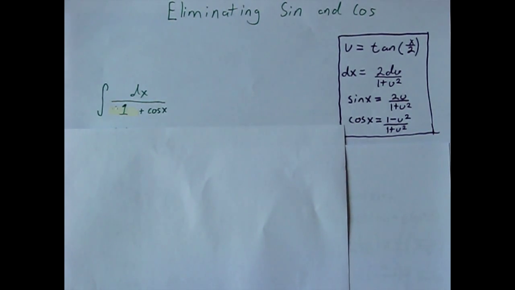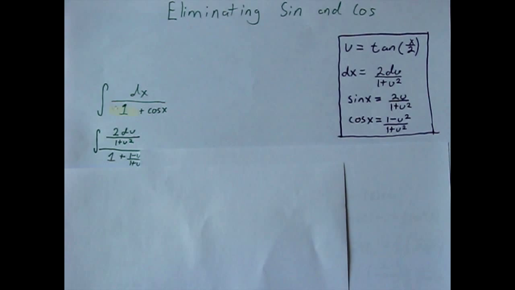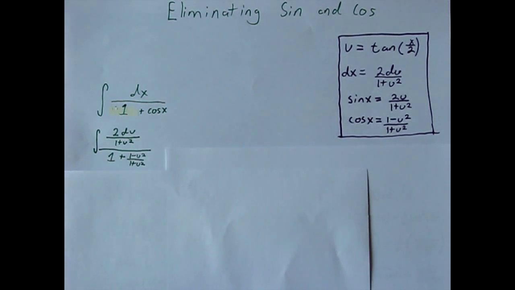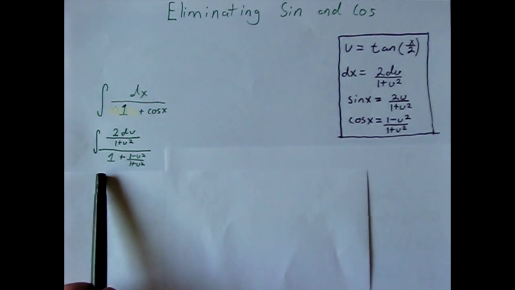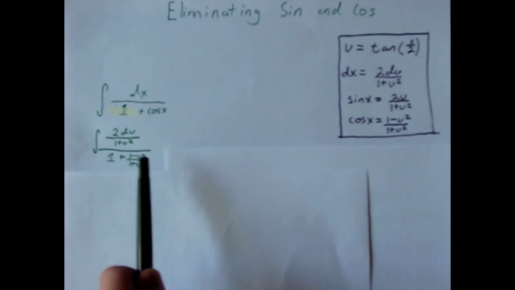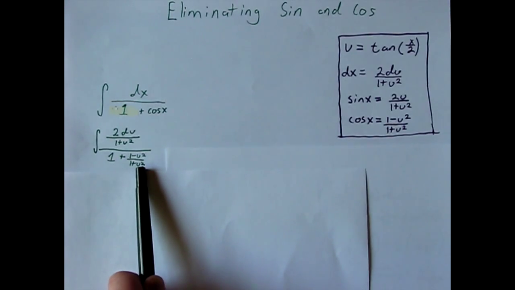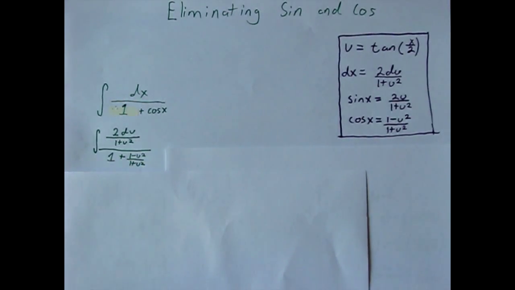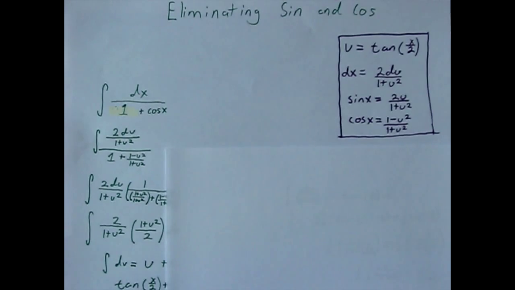So in this example over here, where you have the integral of dx over 1 plus cosine x, you're going to put in at the top 2 du over 1 plus u squared for dx. 1 stays the same, plus cosine x goes to 1 minus u squared over 1 plus u squared. And then it's just a little bit of algebra to solve down and get an easier integral. And you're going to get